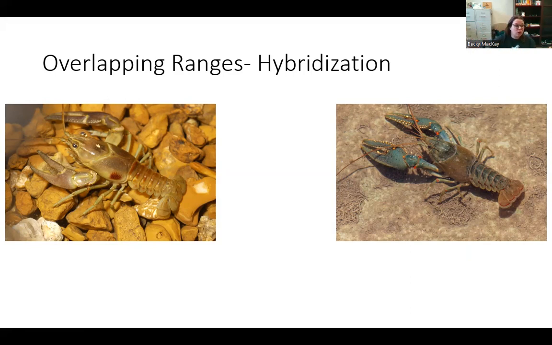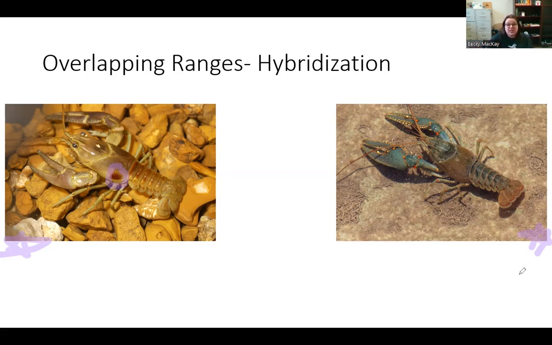And maybe it's because historically, so the example I'm giving you are crayfish. If you don't know, this is what I studied for my PhD, yes. So this crayfish right here is called a rusty crayfish. It's called that because it's got this big red dot right here on its side, a rust spot, if you will. Now this crayfish over here is called the virile crayfish. They are the same genus, but different species.